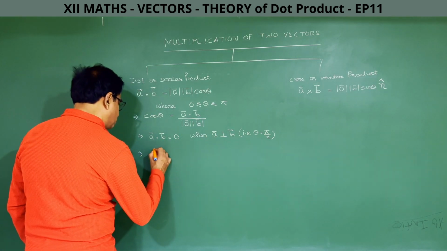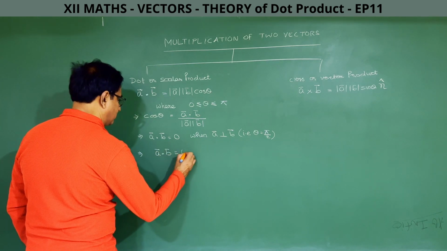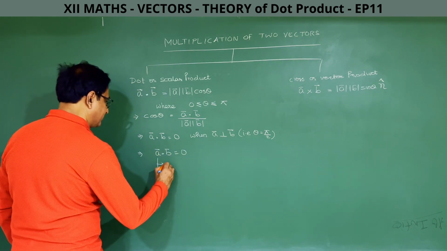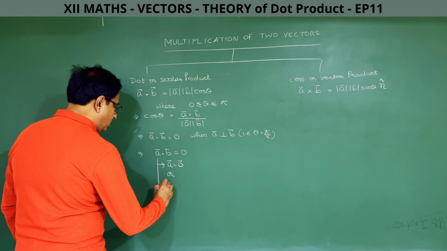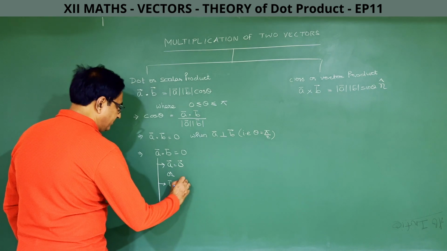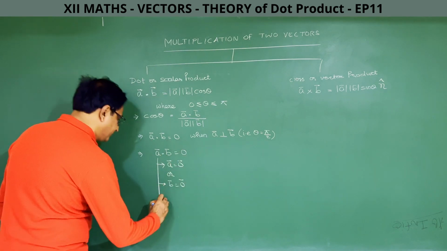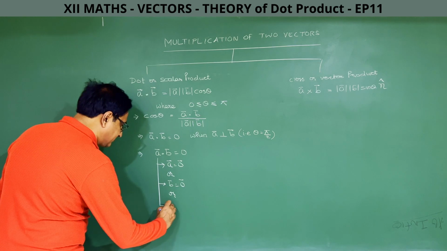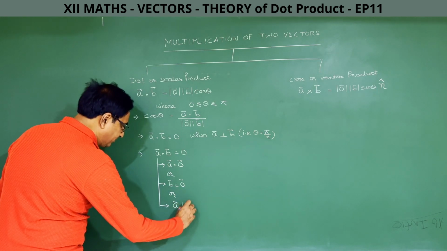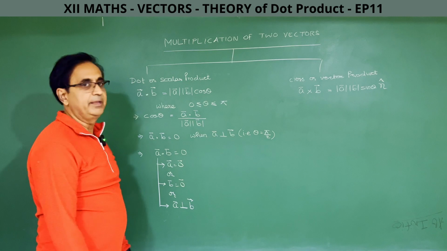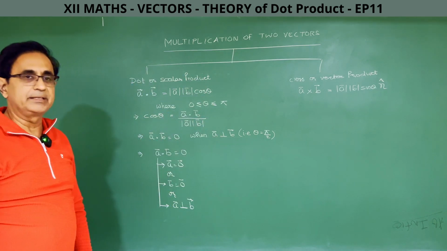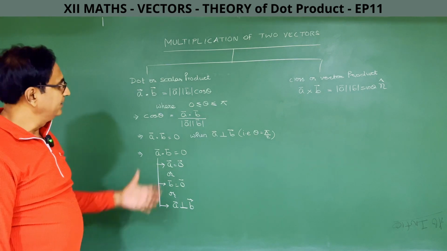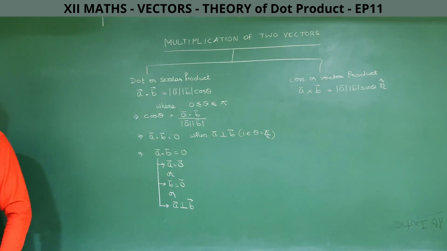But I can draw two more inferences. If A dot B is 0, I can draw three inferences. You know what is the first inference? Vector A is a null vector, or vector B is a null vector, because null vector dot B will be 0. Or the main inference is this: vector A is perpendicular to vector B. So I would prefer that you keep noting this in your copy side by side, and that is why I am writing it pretty slowly and not going very fast in the class.